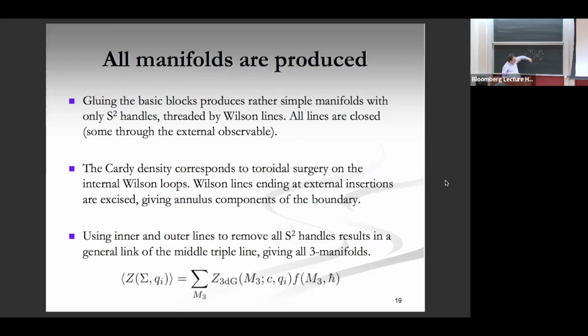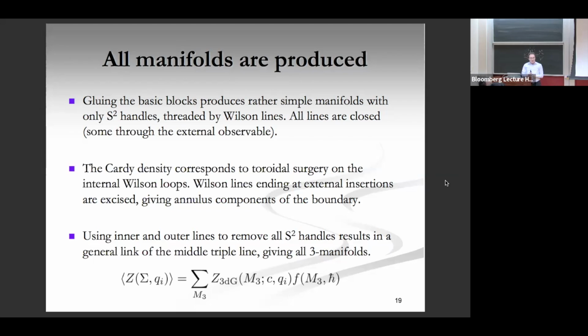And the meaning of this handle is that the white circle here is not contractible, but if I do the surgery on it, it makes it contractible, and the effect is to simply delete both of them. So if I do that on all of these, everything is deleted except the middle lines. But the arrangement of the middle lines, that each vertex could go over or under, it's my choice. It depends on how I oriented the vertex, and therefore I can get an arbitrary link because I can do any configuration I want. And then Lickorish's theorem tells you that the surgery on that gives all the manifolds. It's a little more complicated if we have boundaries, but I don't have time to describe.